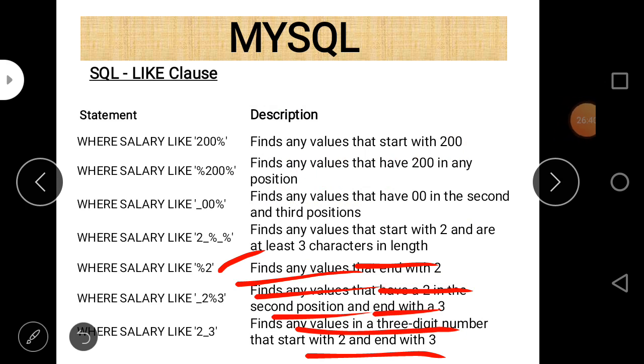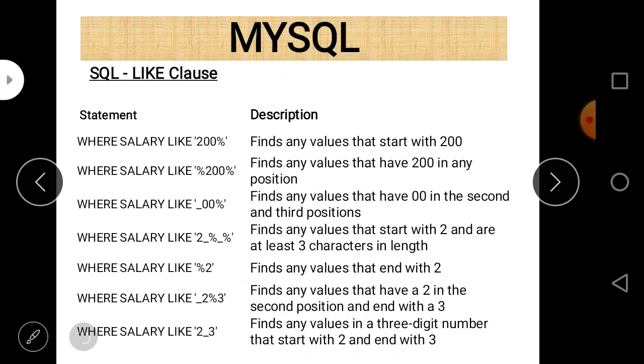Always remember that when there is uncertainty about a string, you can use the percentage sign, and when there is uncertainty about a single character, you can use underscore.